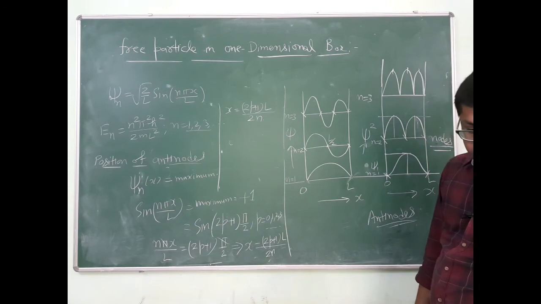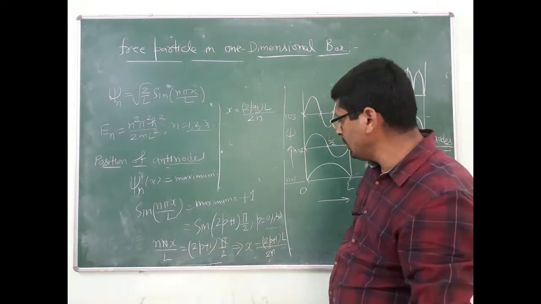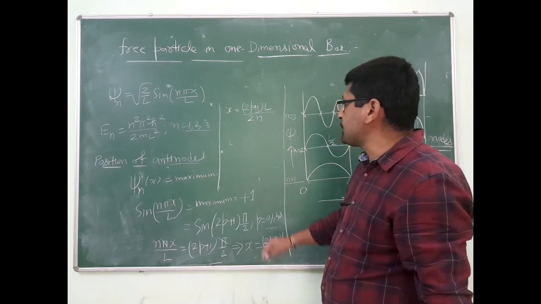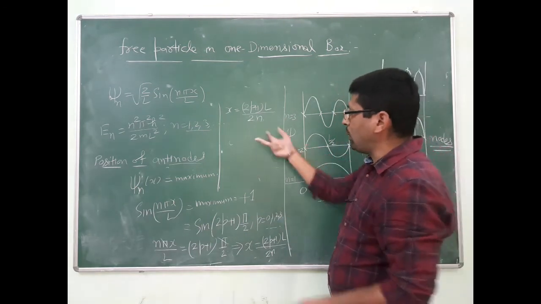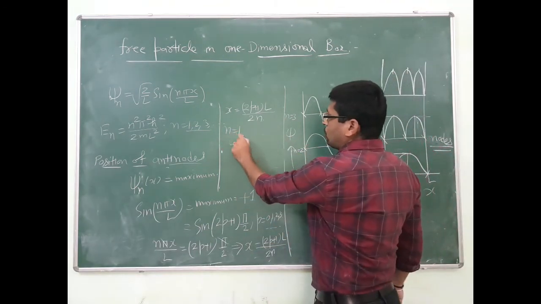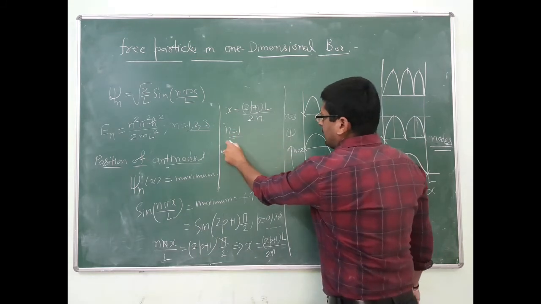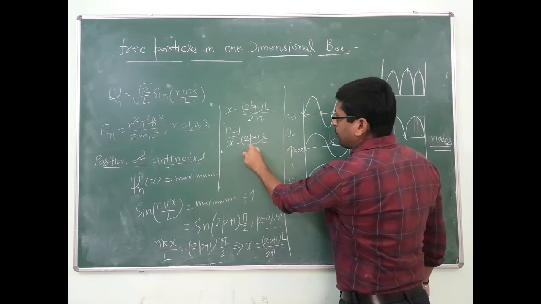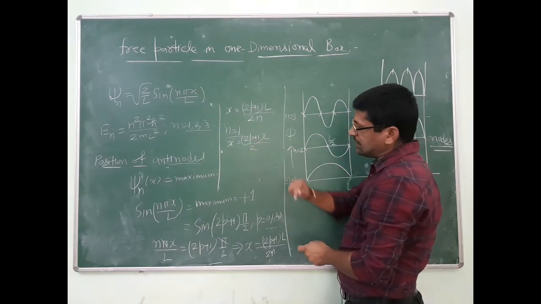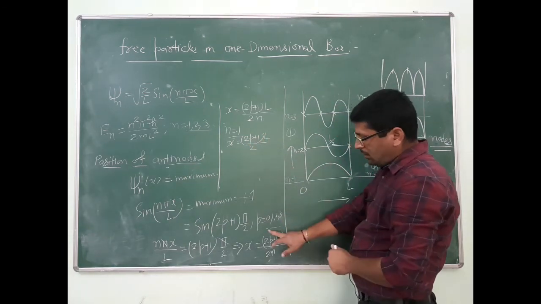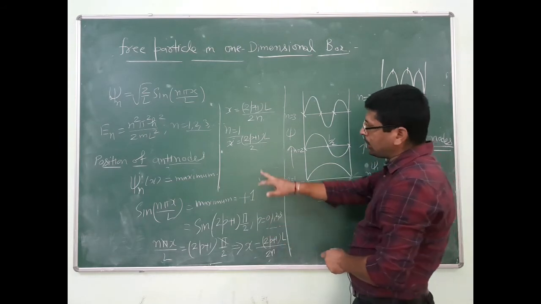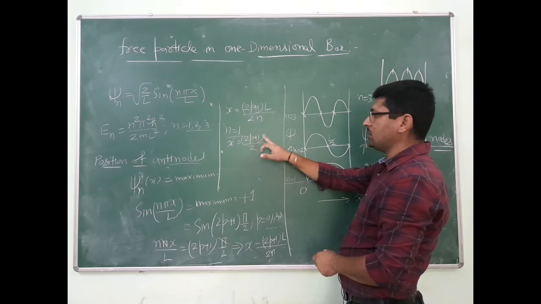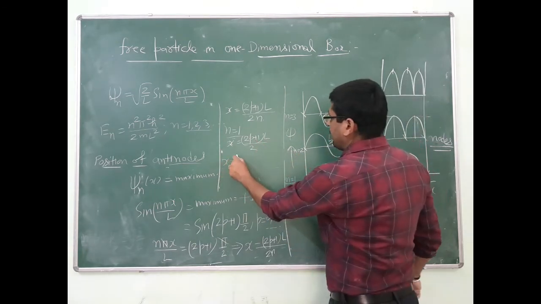Okay, that will be our x. So now again substitute when n is equal to 1. For n is equal to 1, x will be this, (2p plus 1) L by 2. Now substitute the value of p, start from 0. When p is 0, this term will be 0, this will be 1, so this will become L by 2.